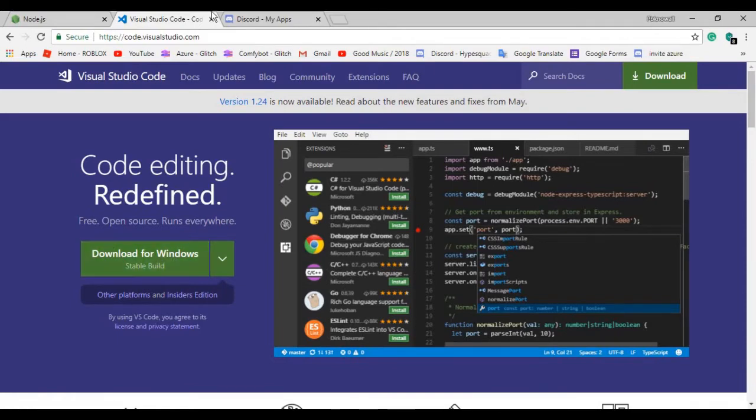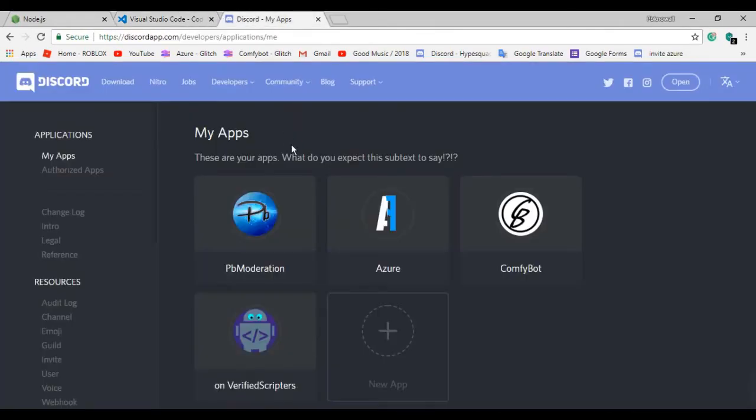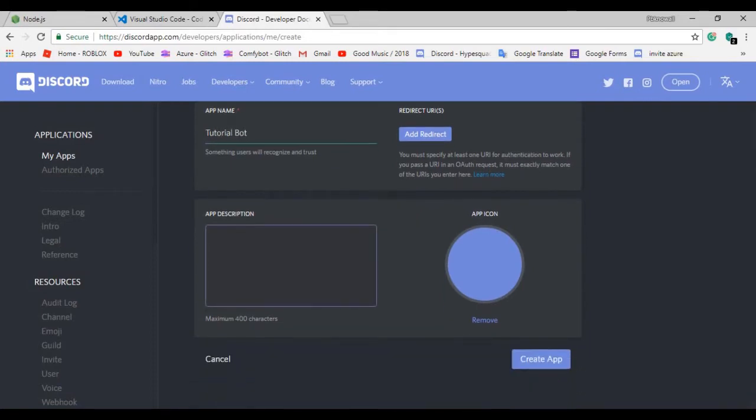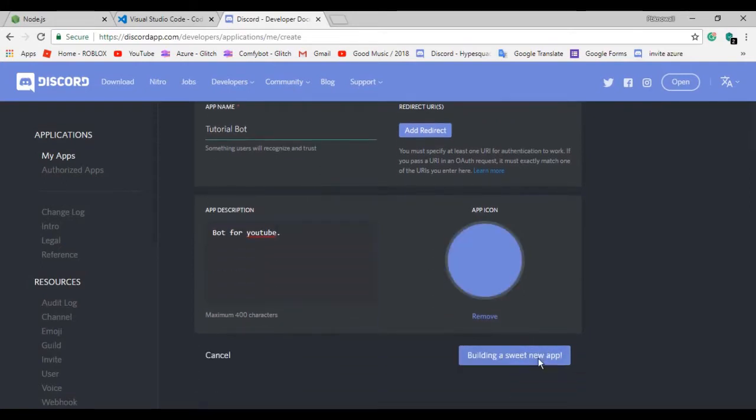So once you've downloaded those, you have to go to the Discord app developers page. Here's the link, also link in description, and you'll need to create a new app. So you can just create a new app, description, bot for YouTube, and you can upload an icon. Then you click create app,